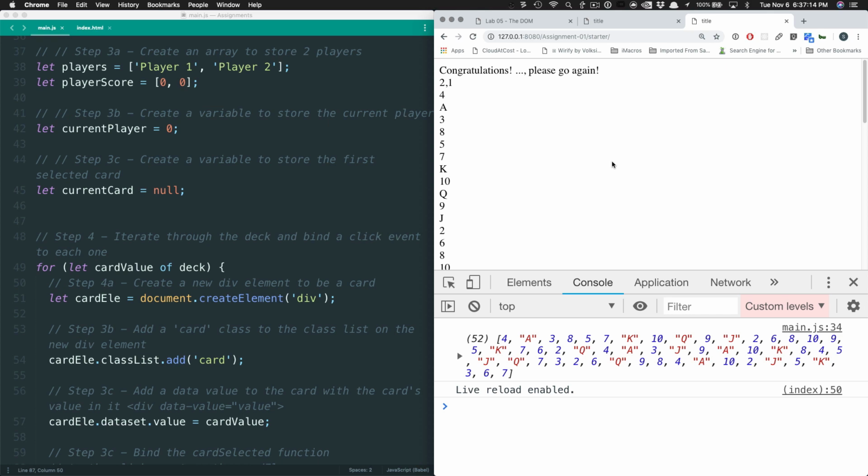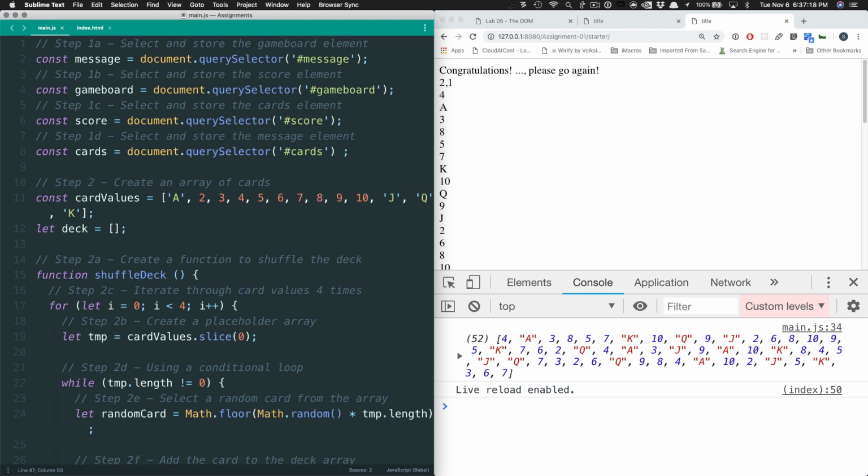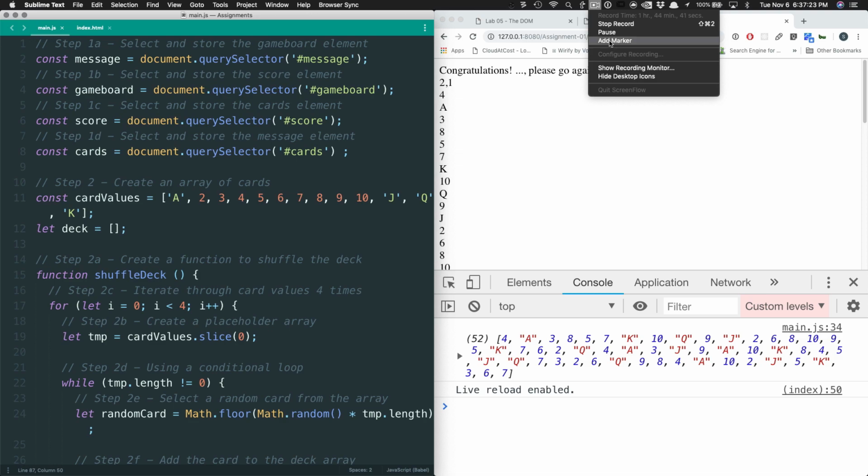Cool? Everybody happy? Nice. Question with styling. Yep. Let's say if I wanted it so that if player 1 flipped these 2 cards, they were one color, and player 2